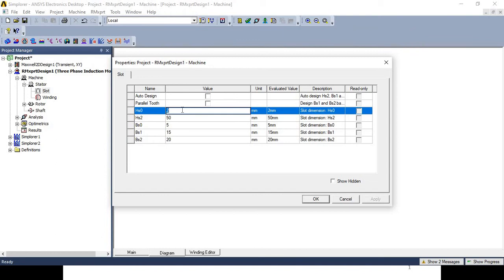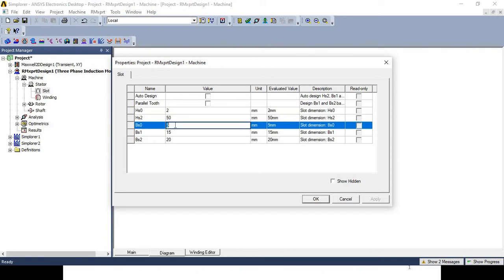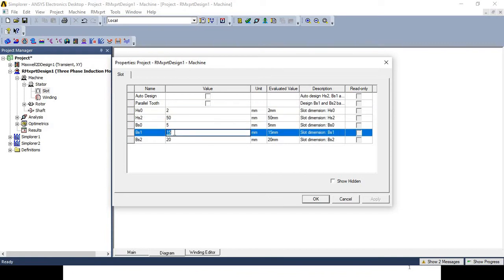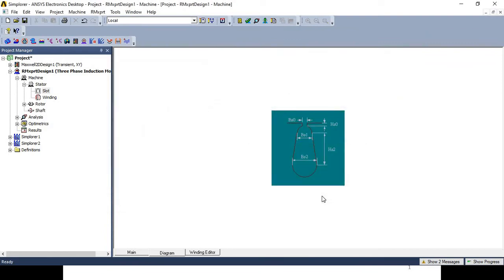So in this case, I had selected HS0 equal to 2 mm, HS2 50 mm, BH0 5 mm, BS1 15 mm and BS2 20 mm. Okay, and I will apply these inputs. So I had selected all these parameters of the slot.